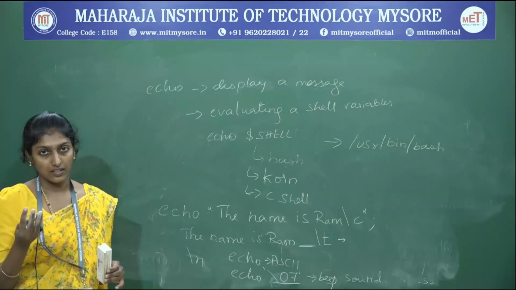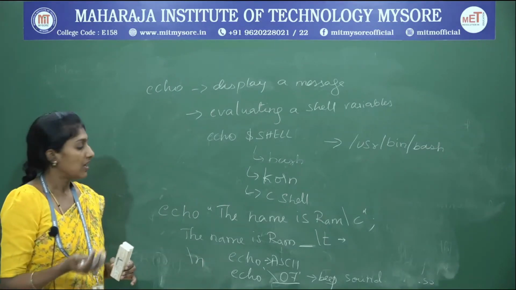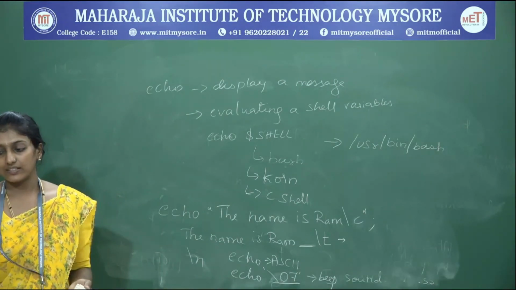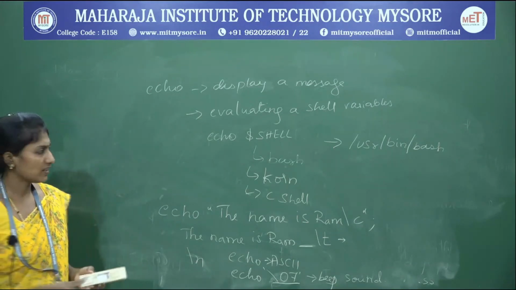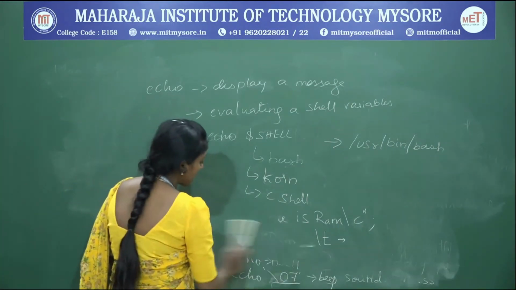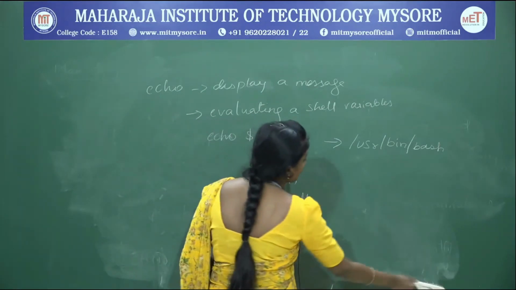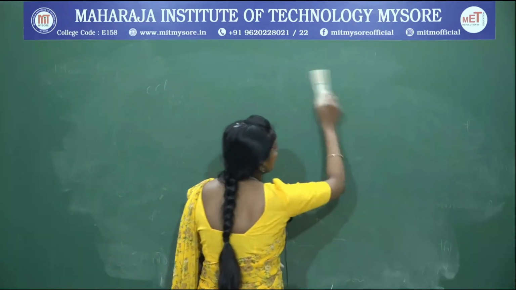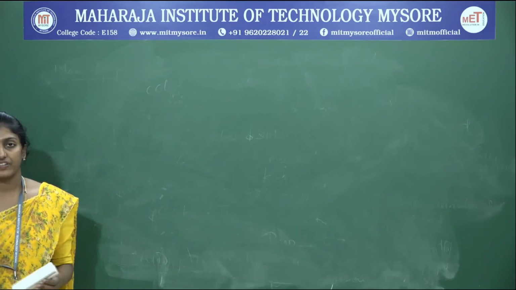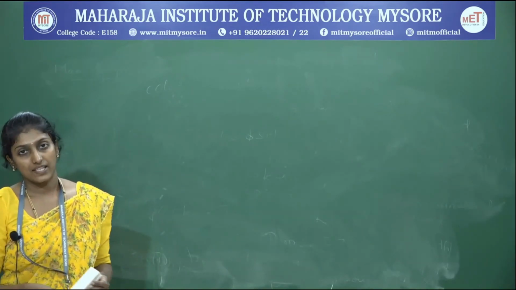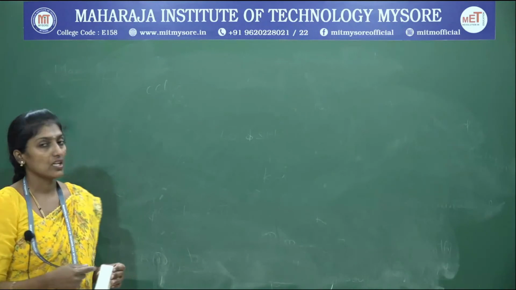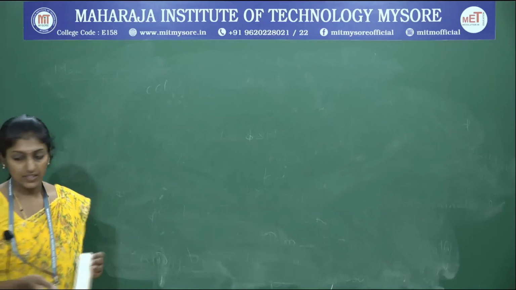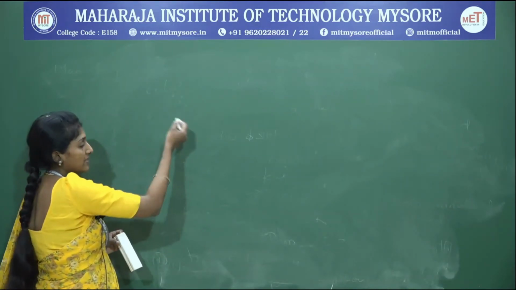We have discussed the cal command, the date command, and lastly the echo command. So the next command is the printf command. What does this printf command do? We have already seen in C programming that the printf function is used for printing a message. In the Unix platform also, the printf command is used for printing a message. By using this printf command you can print a line or display a message itself.